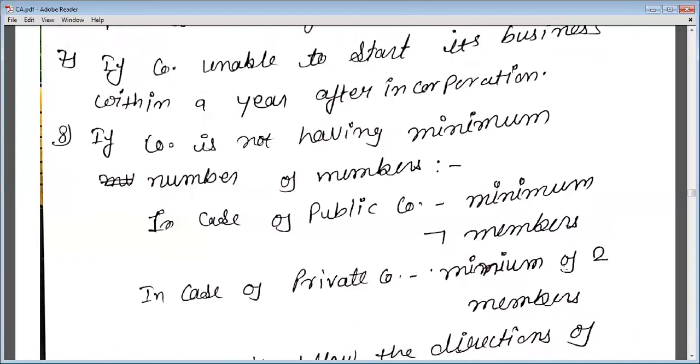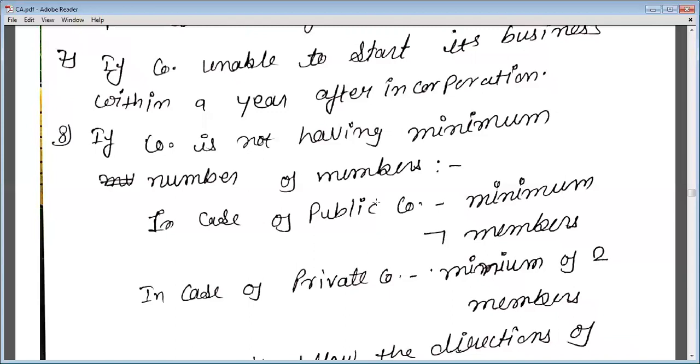Okay? So if you are running a public company and you don't have at least 7 members, meaning you don't have a minimum of 7 members, then in that case the court can give you the order to wind up or liquidate the company. And if you have a private company and you don't have at least 2 members, even if you don't have a minimum of 2 members, then in that case also the court or any law gives you the order